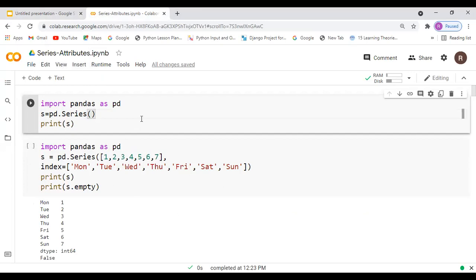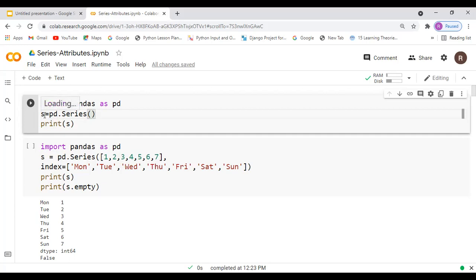If you type Colab in Google, it will ask you to sign in with your Gmail ID. You can sign in or log in, or you can download it also. Now here I'm going to use Google Colab to show you the attributes. We all know the first line will be import pandas as pd. Now I'm going to create a series.